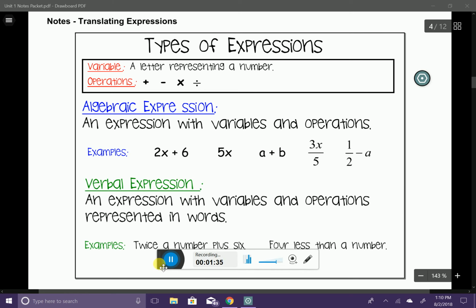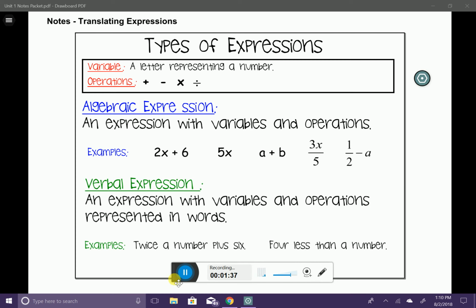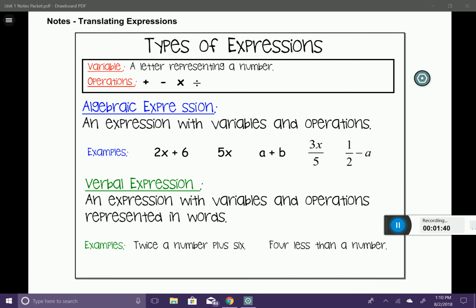All right, now let's talk about a verbal expression. You can see here that it's an expression with variables and operations represented in words. So basically what I'm doing is I'm taking those algebraic expressions and I'm saying them in words. I have two examples here below that you can look at, and what we're going to be doing today is taking those verbal expressions and we're going to be turning them into their appropriate algebraic expression and vice versa. So let's go ahead and